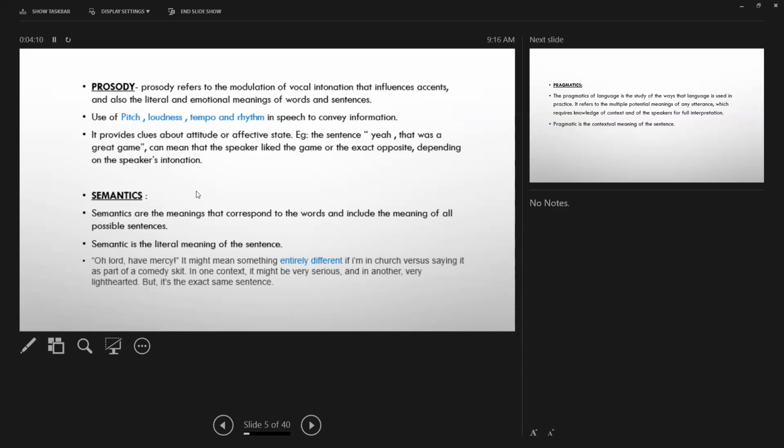So if someone tells me that "अगर मैं ये काम आज करूंगा तो मेरा नाम कल गोल्डन वर्ड्स में लिखा जाएगा," then what is the semantic meaning of this? The literal meaning is that if I do some work, then tomorrow I will have a good name. That doesn't mean that my name will actually be written in golden words. So semantics is the literal meaning of the sentence, whereas